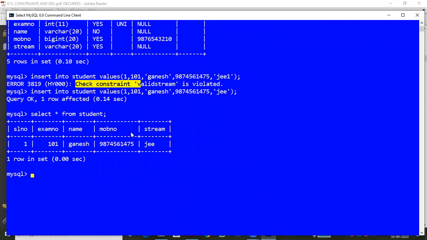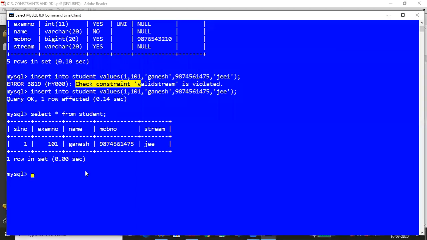Yes, or else if you need, we can create another table also. What's your opinion? Based on your response I'm going ahead. If you understand the check constraint, okay, or else we will go ahead with another example. You understand? Very good. If you have any doubt, you can ask me.